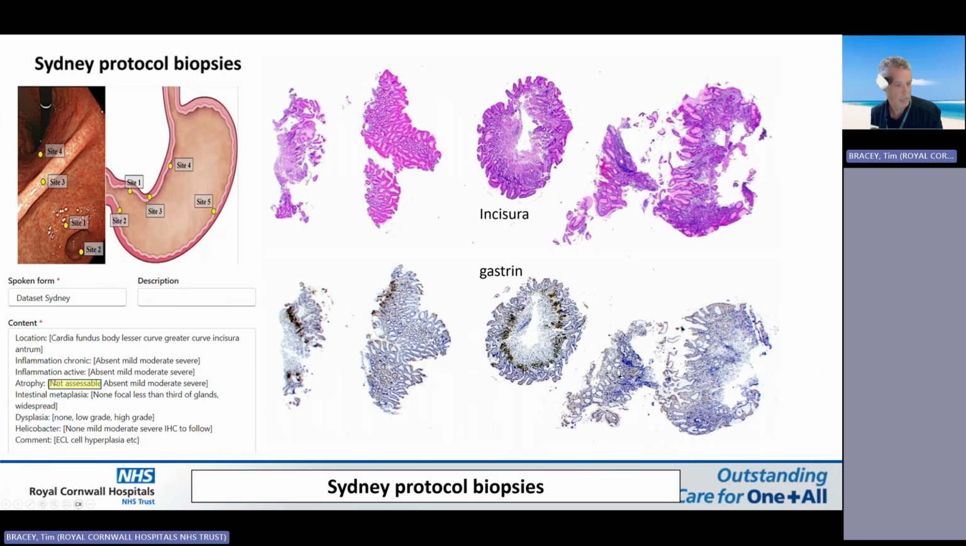The only thing I was going to say here is I often say not accessible for atrophy for the antral biopsies, because if you're looking for atrophy, what you're looking for is loss of the oxyntic cells. So obviously in the antrum you shouldn't get any oxyntic cells anyway, so I put atrophy not accessible for those. Obviously intestinal metaplasia is a surrogate marker for